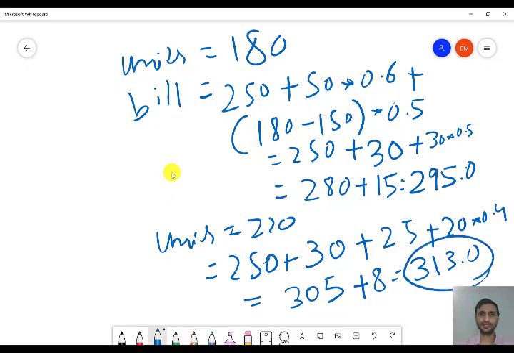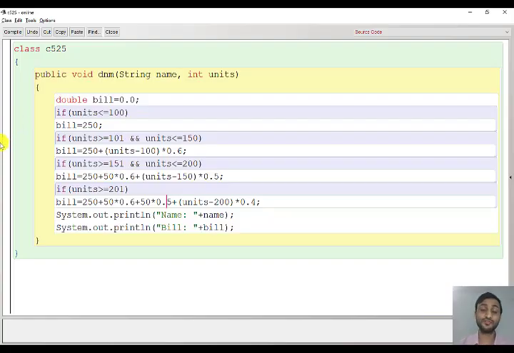So got it? How it is calculated? Okay, so this is very important. Please repeat the video multiple times to understand this question. And like question number 25, you have to solve question number 26 and 27. Question number 26 and 27 are also based on the breakup formula, and it is very important. So I'll suggest you go through this particular program multiple times to understand. Okay, so now let us solve the next question.